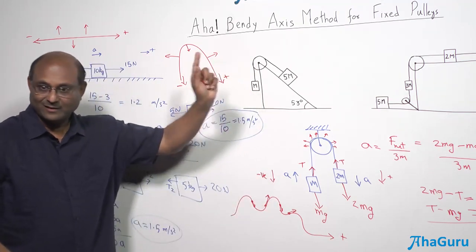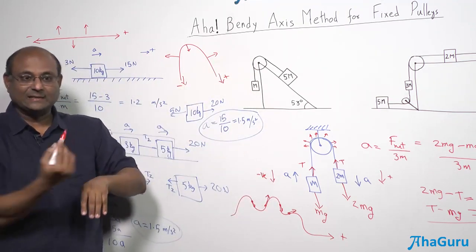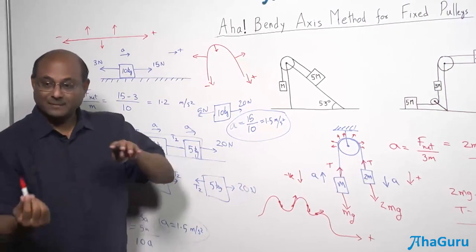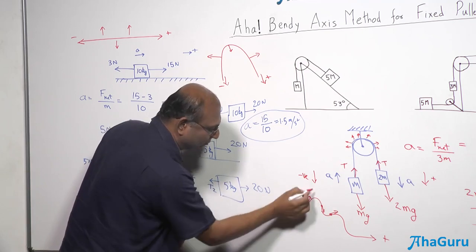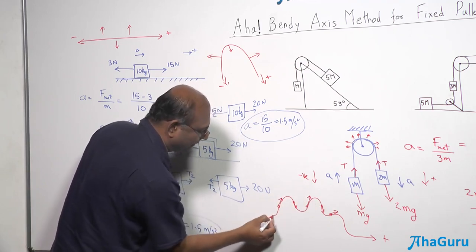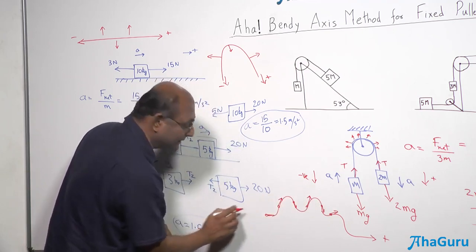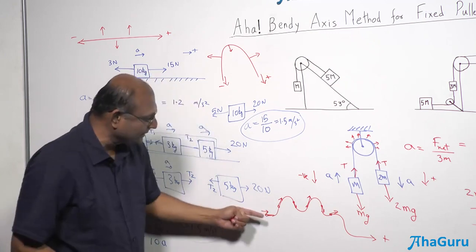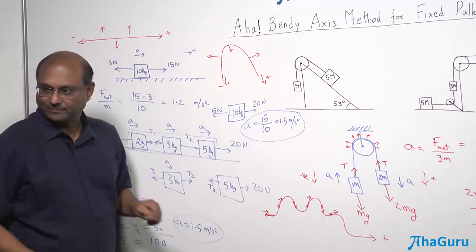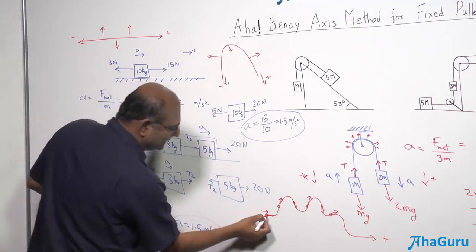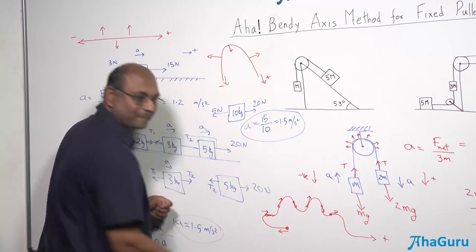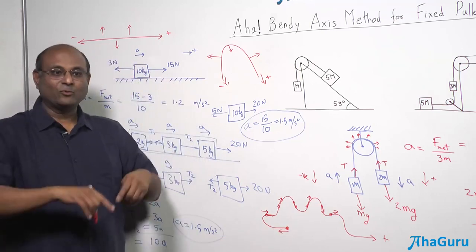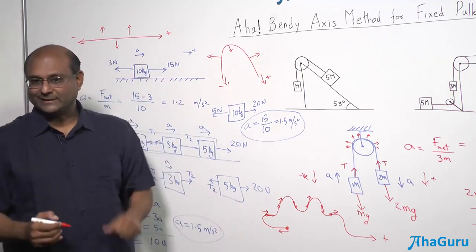They are both positive. In the regular axis system, this and this will be opposites. But because you are going along the axis, you look at whether you are moving along the axis. So this is also positive, this is positive. And here when you come, this is the positive direction. So you see this is the positive direction, there that is the positive direction along the rope. If I had taken this a little further like that, here the positive direction will be like this. So where you are will decide your positive direction.